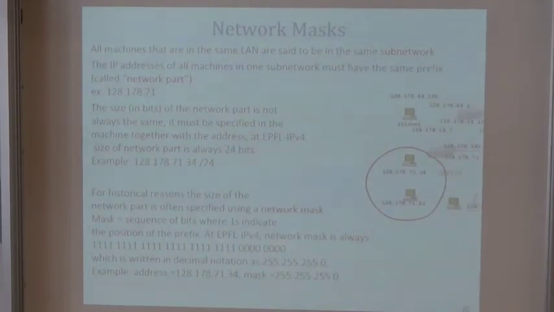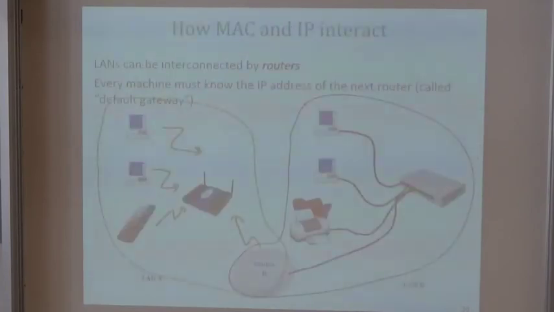Remember that IP is used to interconnect local area networks. So in doing this interconnection, systems need to know whether they are in the same local area network or not. If they are in the same local area network, there is something special that happens, right? If A here and B are in the same local area network, they can communicate directly. If A wants to send some information to B, what does A have to do? What is the main technical thing that it has to find? Find the MAC address of B.